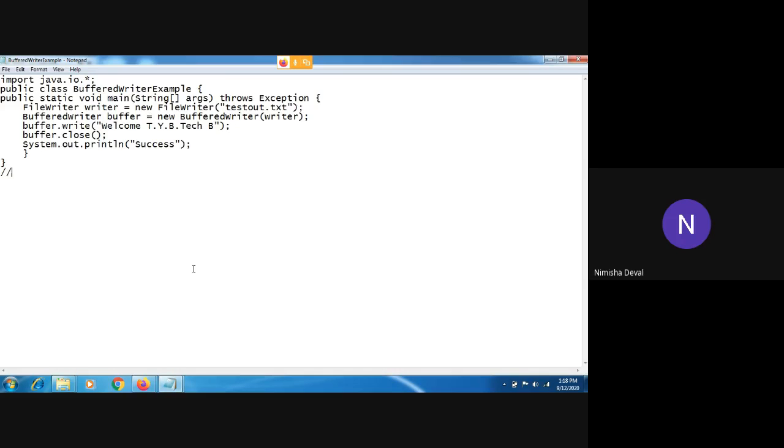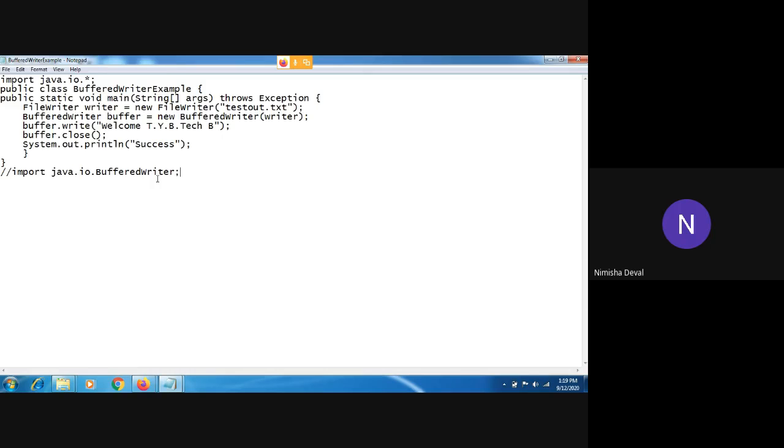Okay. Whenever we want to import that particular class in our program, at that time you have to write that class name. Here BufferedWriter is there. Each starting letter must be capital. Okay, BufferedWriter class, and after that give the semicolon. So particular class means particular stream will be allocated for your program. So this is the importing statement.